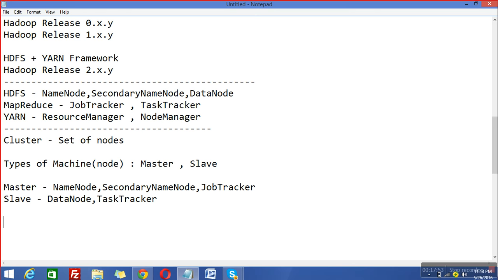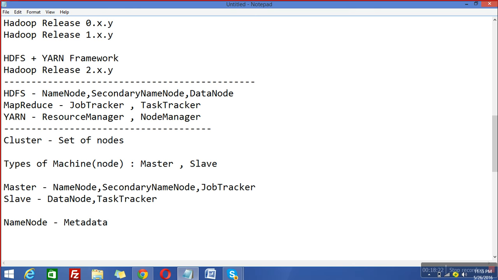Now why we have these many services? So let's talk about this. Name node contains metadata, means data about the data we store in files, because HDFS is a file system. So let's say you have stored 2000 files or 200,000 files, let's say, in the cluster. Now which particular file is present in which particular slave, in which particular node, in which particular machine, out of several machines.